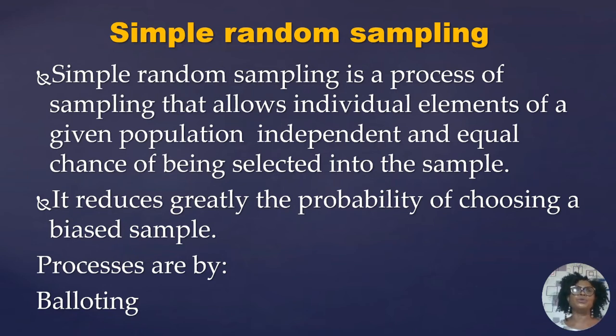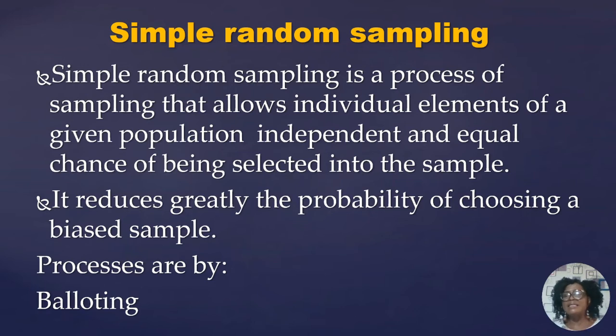What you just need to do is to write the names of these 36 states in Nigeria out. Give them numbers, then write the numbers on a piece of paper, put them somewhere, dip your hand and pick until you get up to the number you wish to have. So out of this, you dip your hand 18 times, you get the number of states you want to work with without bias. So simple random sampling is a process of sampling that allows individual elements